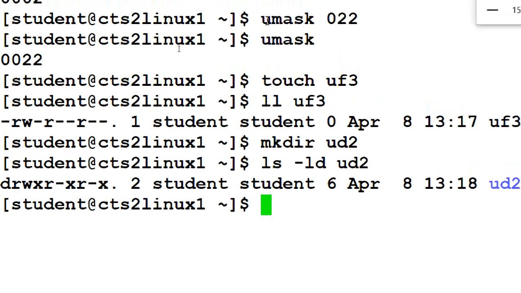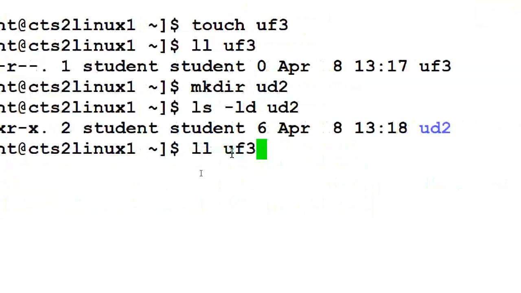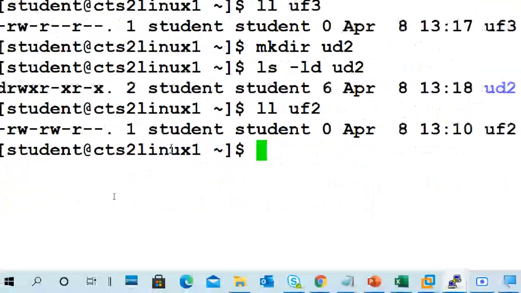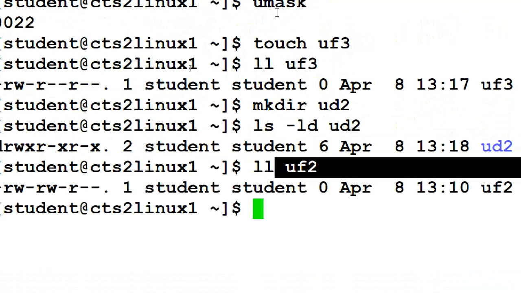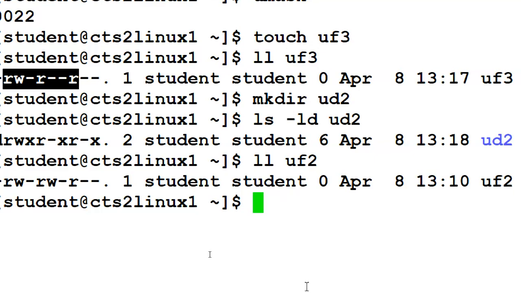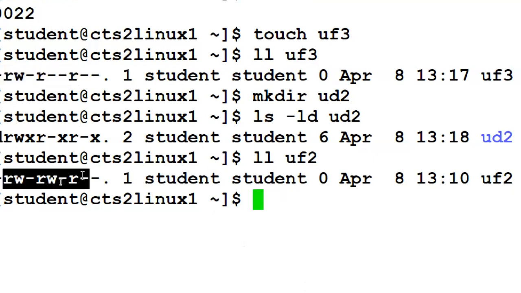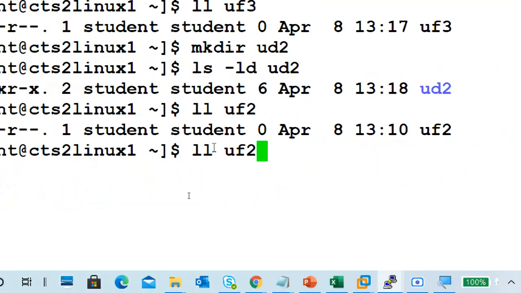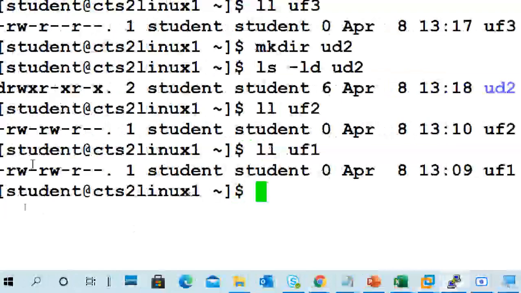Okay, so we understood the umask value, but I want to touch uf2, but it is still showing the old permissions. uf2 and uf3 show new permissions, but the old files are showing the old permissions only. Why? Guys, understand?